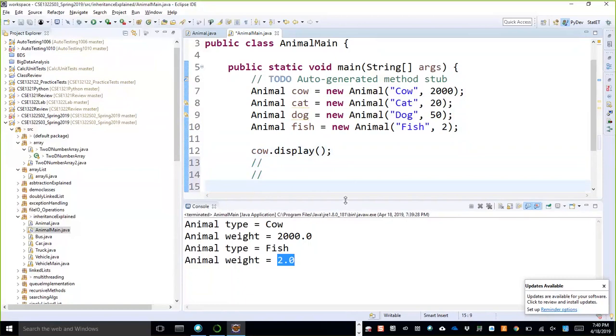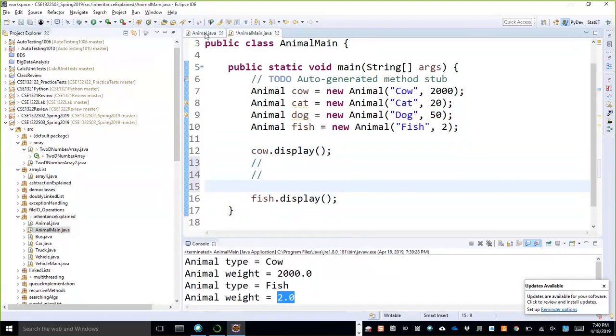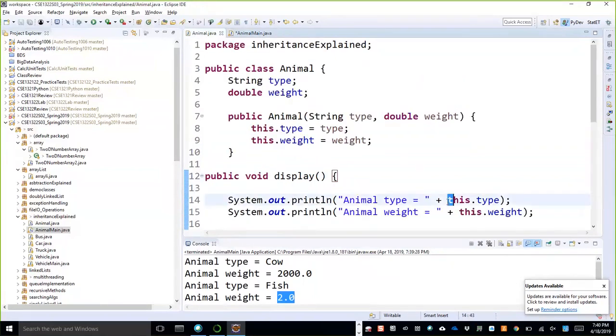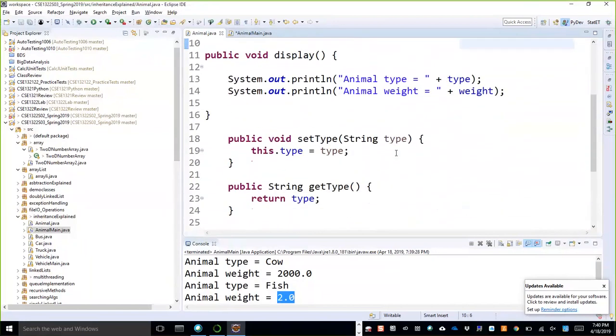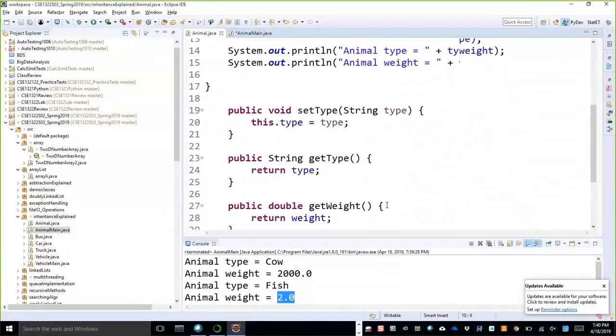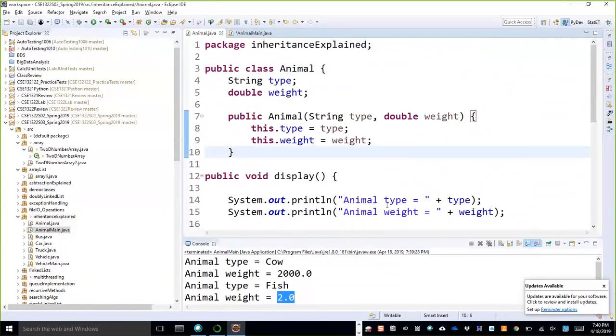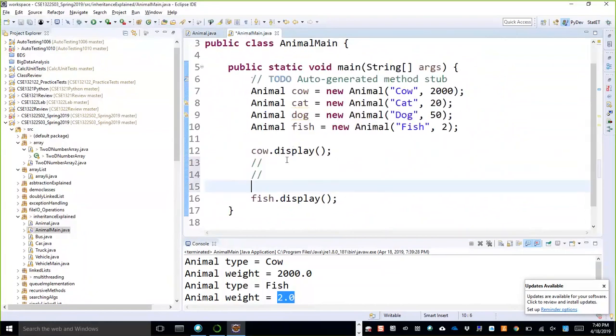Okay, so then there are the questions. I'm going to ask a question: if we do not use this over here, let us see. One more thing, can we run this program? In Java, I cannot run this program because here there is no main method. In Java, I need to run the main method. But in C#, you will run your entire package, so automatically your main method will be started.